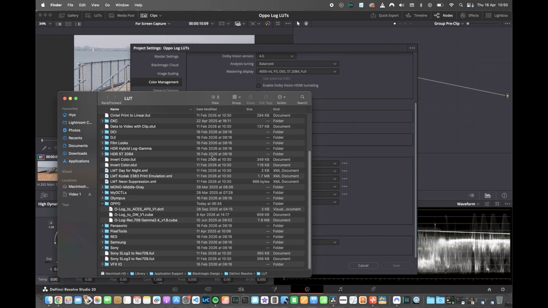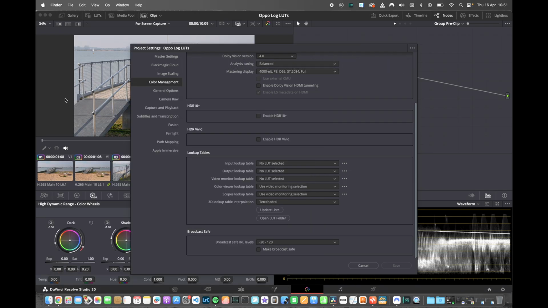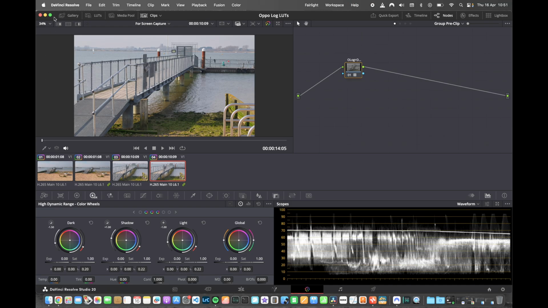Now, I like to keep mine separate, so in this folder I've created a folder for Oppo related lookup tables, and actually that's where the DCTL is. And if you followed along with the previous video, you may well already have this folder. So download the lookup table from the link that I've provided and just drop it into this folder, or anywhere in this lookup table hierarchy will be just fine. And then when you want to use it, if you just cancel out of that,